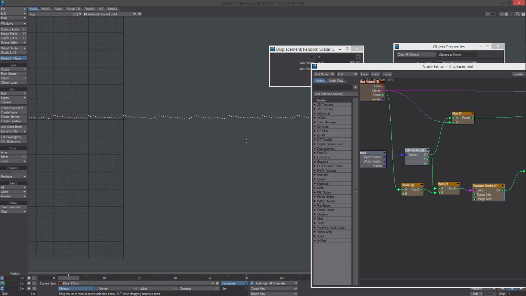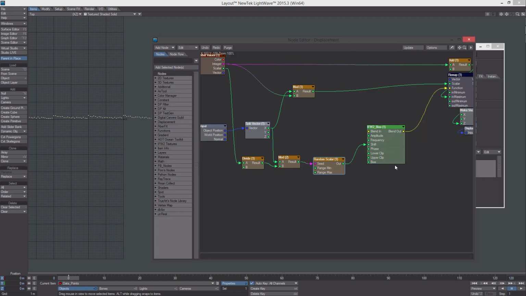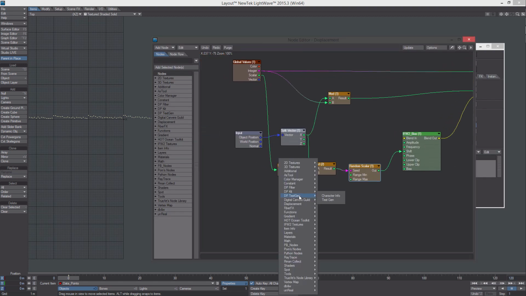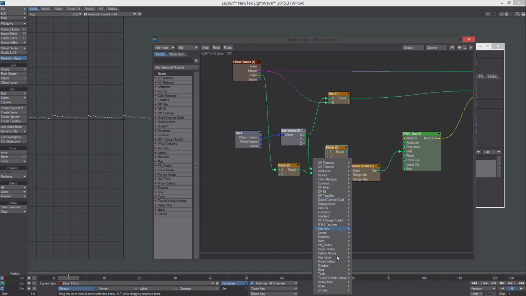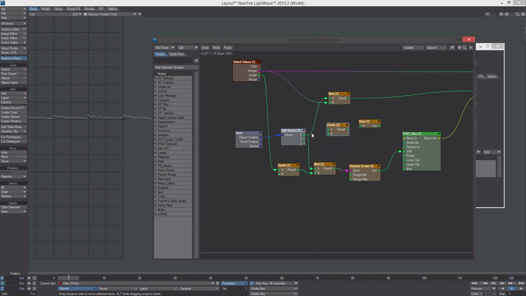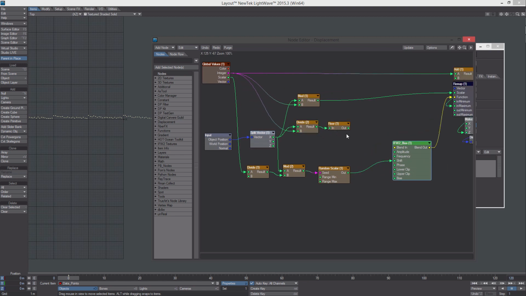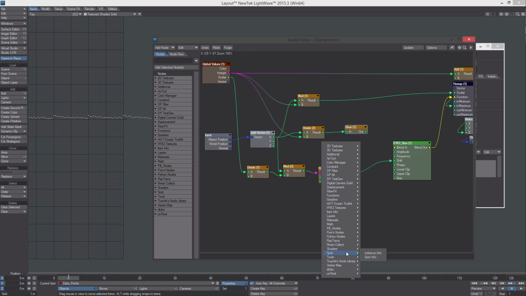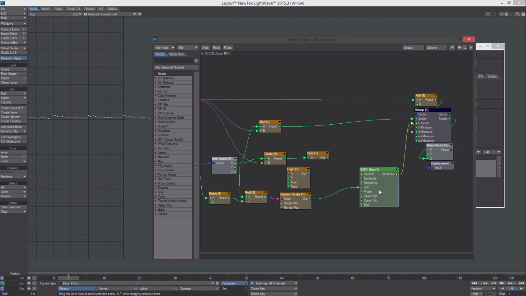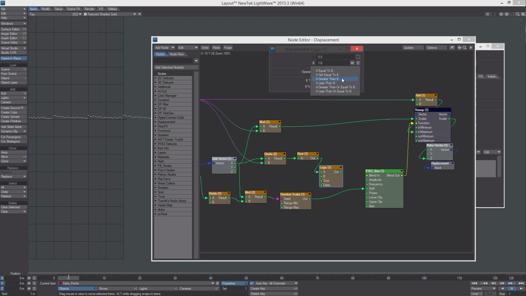So what I'm going to do is, for the second half of points, we're going to get a divide here, and we're going to floor that. So if we divide the x by 20, it's going to give us groups of 20 basically. So first group will be 0, second group will be 1. So what we can do is get a logic, and we can say if this floored amount here is greater than 4, so that'll be the second group of 100,